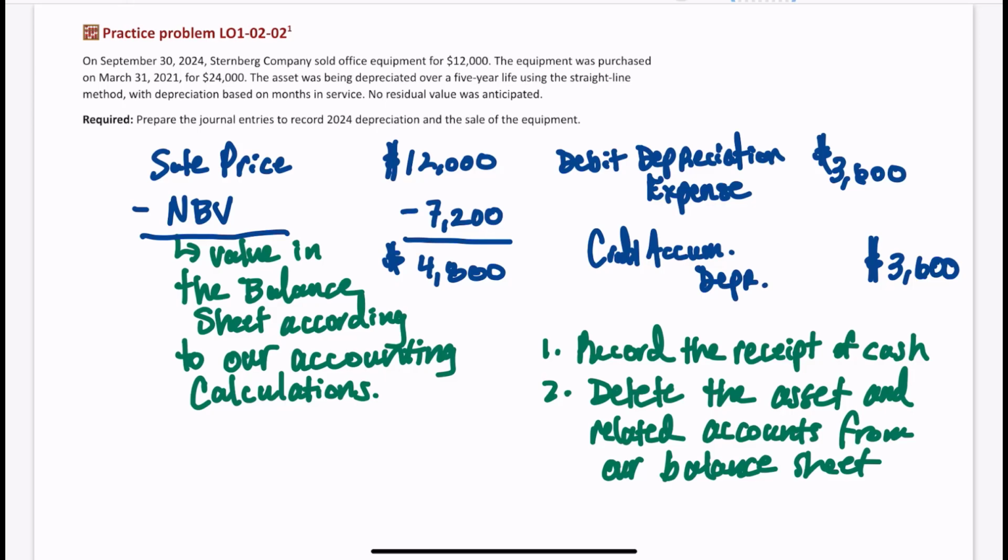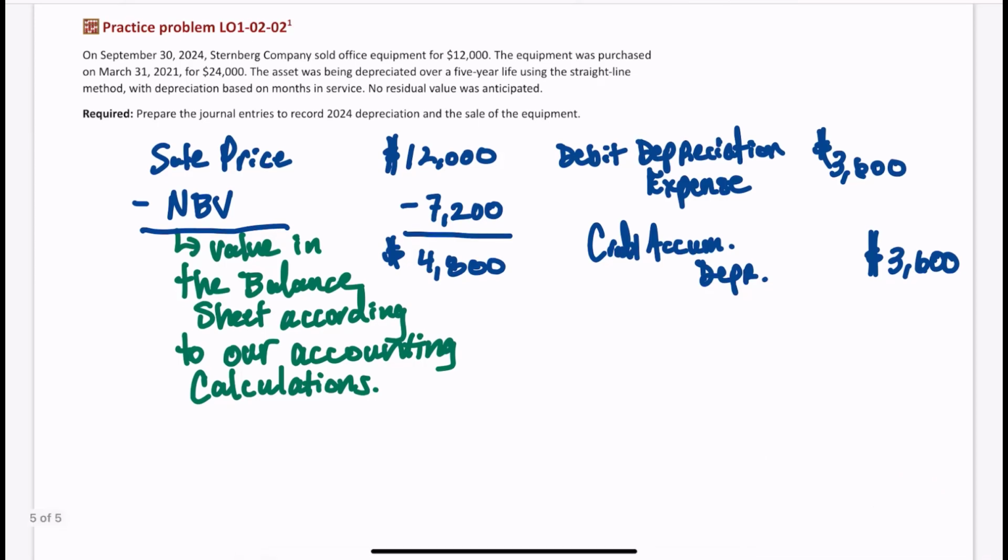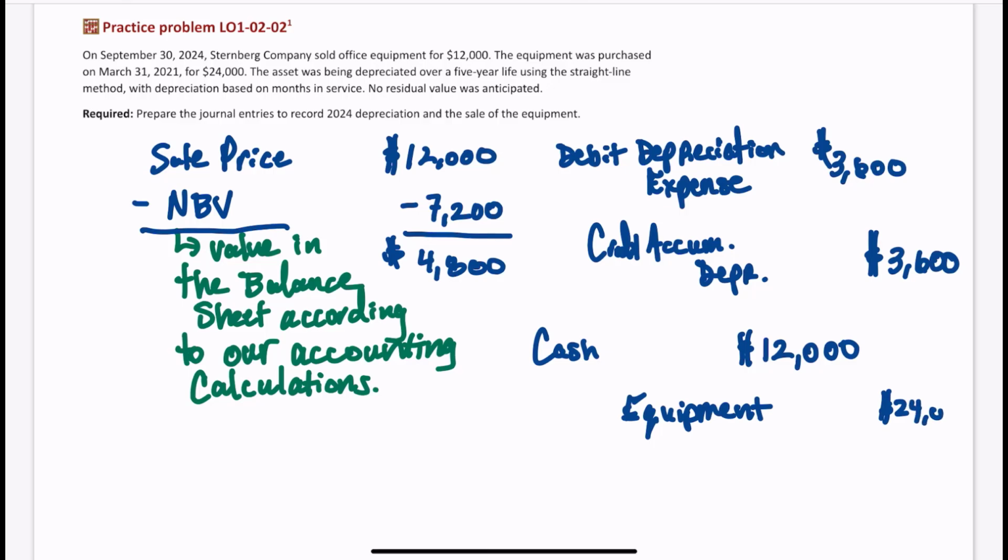So let's give ourselves some room here. So first, we are going to debit the receipt of cash. So cash, we received $12,000. We got rid of the asset. So this is equipment. So we're going to credit equipment. And the gross value of this equipment was $24,000. And we had accumulated depreciation, which is normally a credit. To get rid of it, we do a debit,